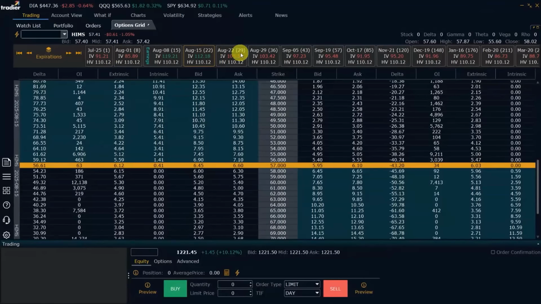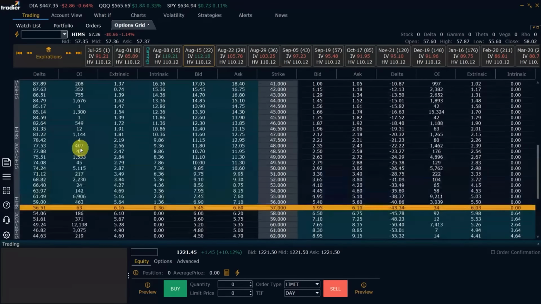So let's start at 22 days. So August 15th. Okay. All the open interest you could ever want over here. So that's a great place to be. I usually start at the 80 delta and look around. So over here, the 81 delta has lots of open interest. The extrinsic value is $1.91 on 1275. That's not so bad. But this is really wide right here. This is super wide. I'm surprised it's that wide. Now it's tightening up a little bit. So we'll go with one that is a little tighter. We'll go with this one here.